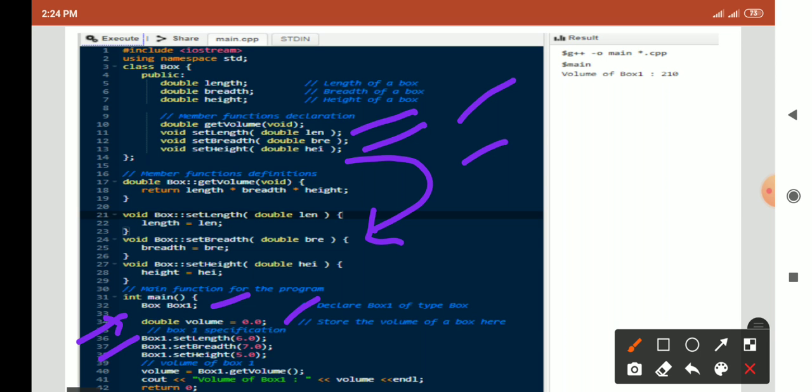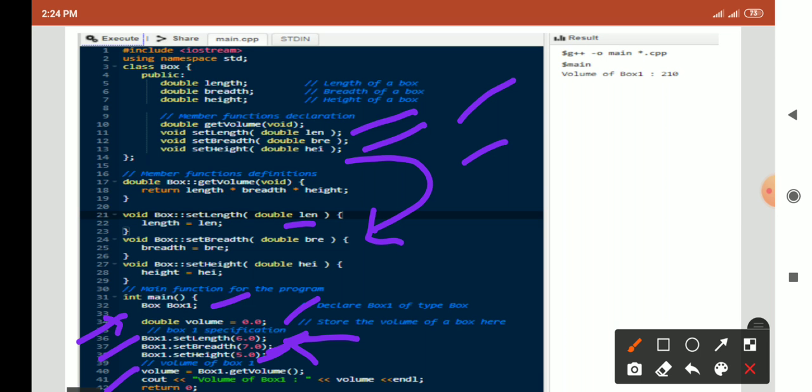Set length, and in this circular bracket we are passing a length value, that is, first length we are passing 6. Then box1 dot set breadth we are passing value 7, and for height we are passing value 5. So in this way we are passing values to the functions.